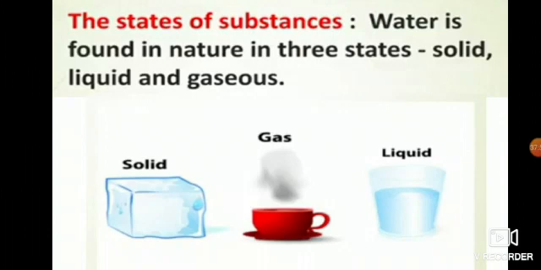Now if you keep it out, if you don't want that ice, you want cold water. So what you do? Chalo. If you have kept it out, let it turn into water. So after half an hour or after 1 hour, it will turn into water. So that is a liquid form. Correct? Now when you take this water and start boiling, what will happen? The water vapor will come. So that is the gaseous state. So water is found in all three states, in the solid state, in the liquid state and the gaseous state. Is it clear to you all girls?